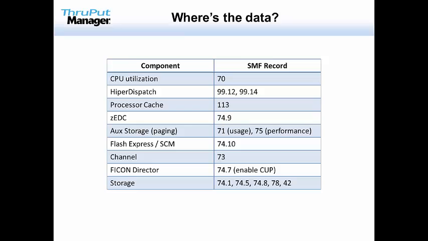Hyperdispatch, a couple of subtypes of the 99. Some of you will probably recall in the old days we never wanted to keep the 99s turned on, primarily because the workload manager records can be quite huge. You can certainly turn on these subtypes if you haven't already. They are not so huge, and they are very, very useful because they will give you that information we're talking about with alignment. They will tell you where your LPARs and where your logical processors are being aligned. Are they going to the nodes that you want them to? Are they being self-contained as they should be, and so on.